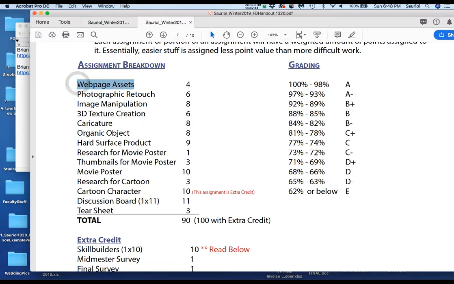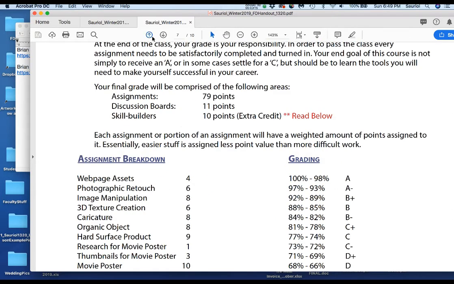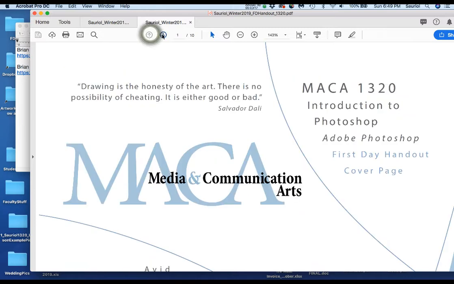Here it starts with the Webpage Assets, and it goes to the photographic retouch, image manipulation, 3D texture, caricature, organic object, hard surface product, the research and the movie poster, an extra credit cartoon assignment, and a tear sheet. And I want to show you most of these assignments in a picture form so you can see and relate to these assignments. Okay? So what I want to do is, let me go back to the first page, actually the second page,